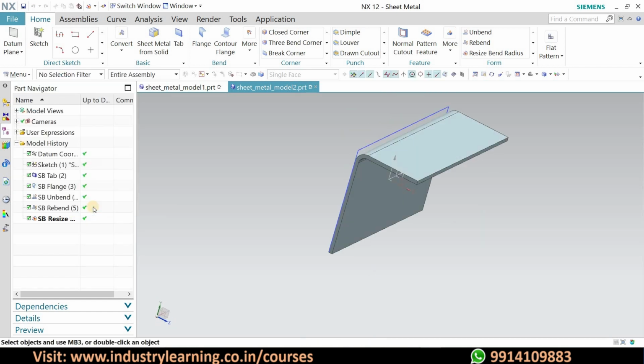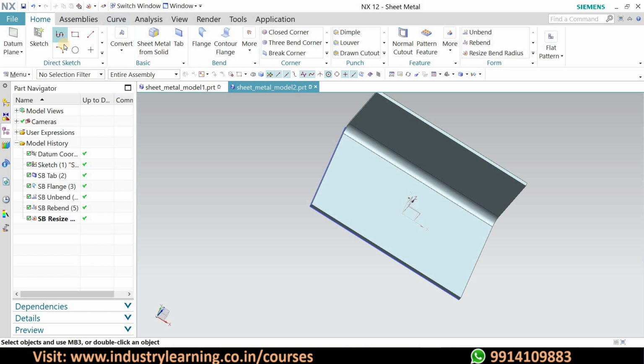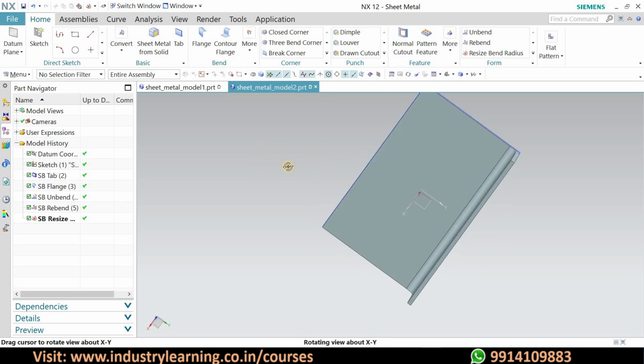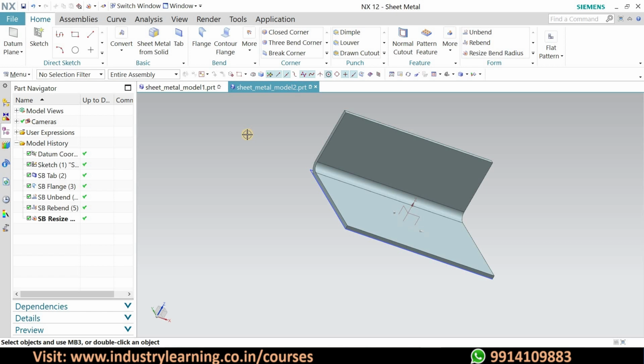So this was all about NX sheet metal commands. I hope I have explained each and every function and command in detail and in the simplest possible language. So friends, you have understood all these things, and our coming sessions will also be with all these commands in a detailed view, like how to make progressive tools and other tools for this sheet metal. So we'll work over there and see all these things.